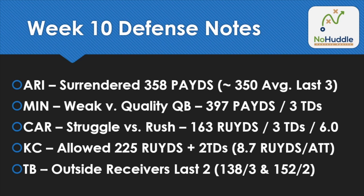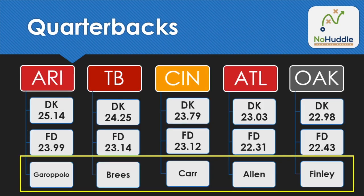So do not be afraid to stack any form of outside receiver against Tampa Bay at the moment. And so with all of that covered, let's jump right into the quarterback outlook for NFL Week 11. You can see here the top 5 teams in terms of points given up to the quarterback position currently are